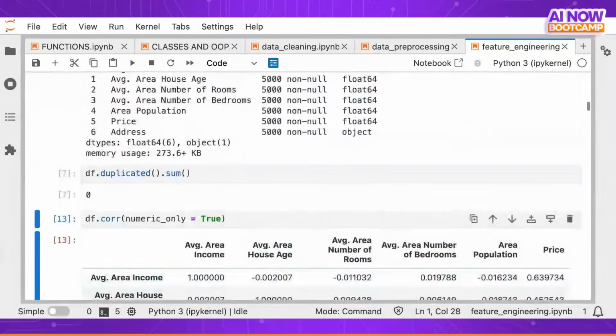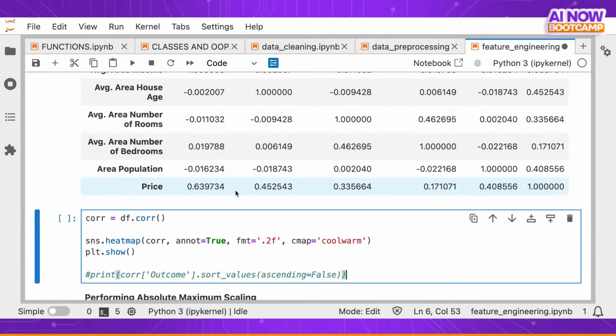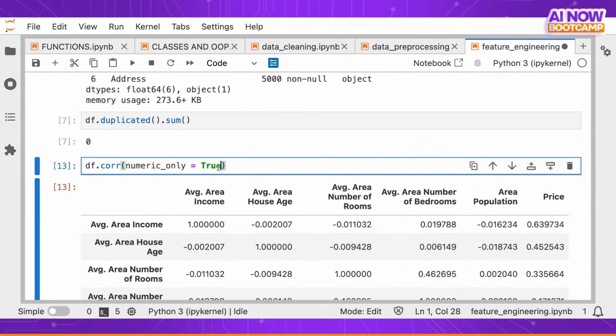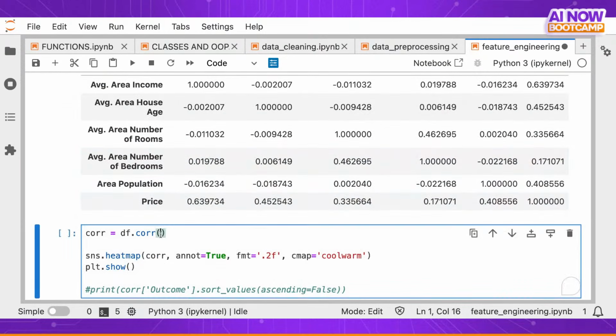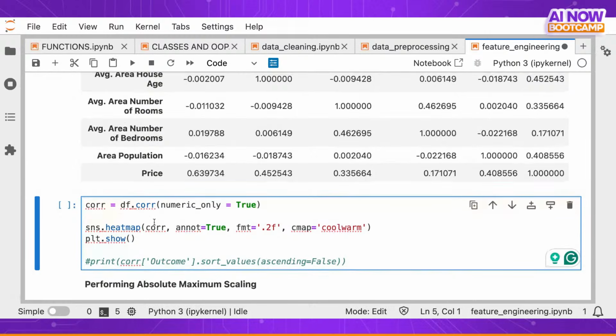Let me come back here. If I paste this code, I just have to put this numeric only inside what I have here. Then I have to be sure I've imported